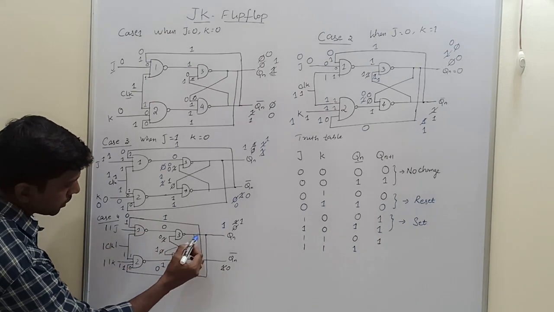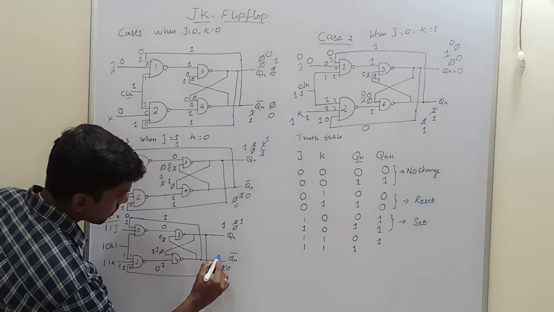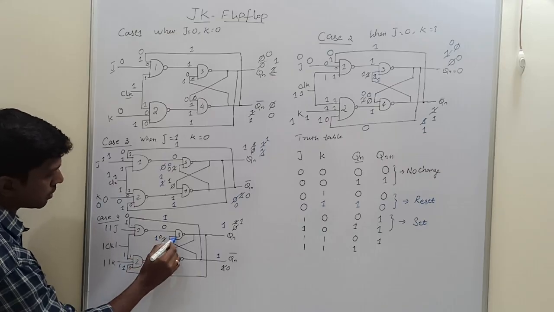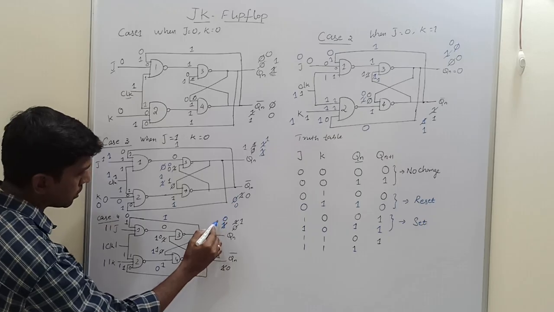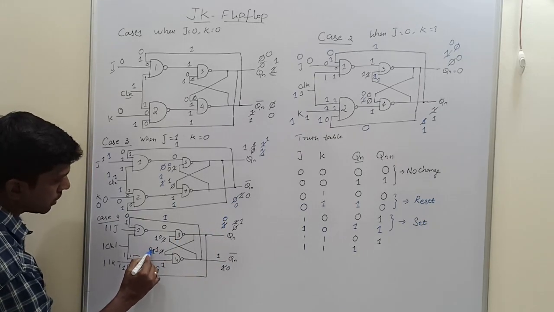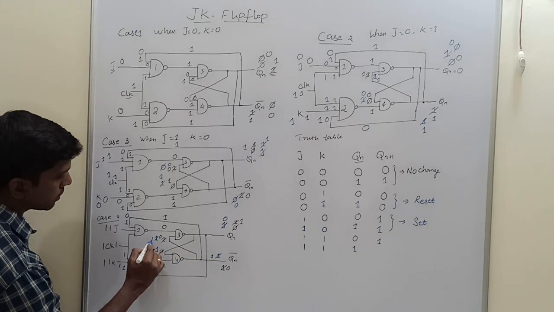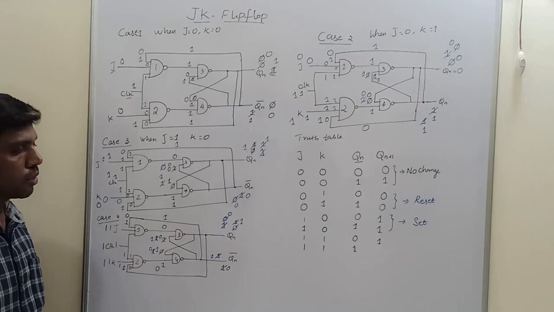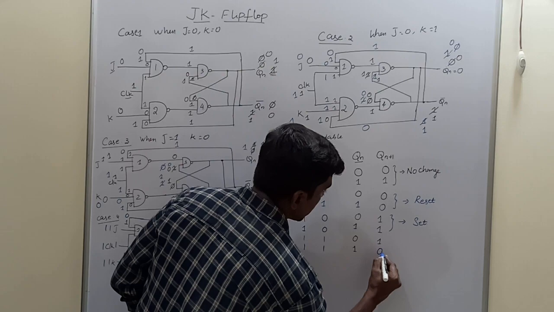Then this 1 is fed back to the fourth NAND gate input 1, 0. Here the result is 1. So this one is fed back to the third NAND gate input 1, 1. This value is 0. So then this 0 is again fed back to here, 0, 0, 1. So this 1 is fed back to here, 1, 1, 0. So the same value is repeated hereafter. So I write here Qn plus 1 is 0.